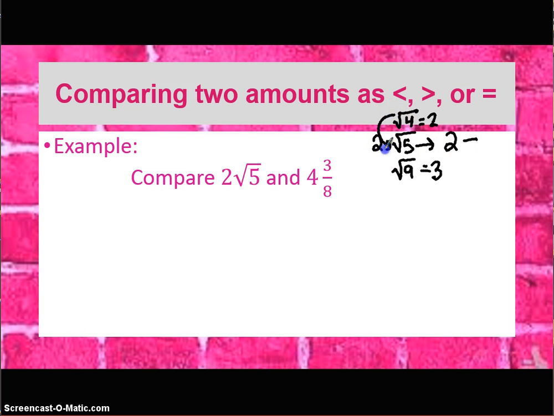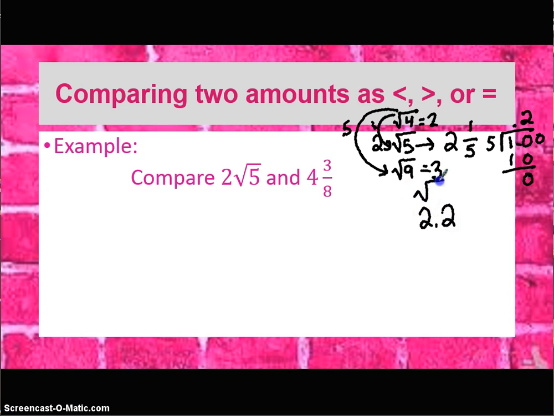4 and 5 have a difference of 1. 4 and 9 have a difference of 5. So we get 2 and 1/5. Now convert that to a decimal by dividing 5 into 1.00. 5 will not go into 1, which makes sense because here's our whole number. 5 will go into 10 2 times, which is 10. Nothing left over, nothing more that we have to bring down, so we get 0.2. So the square root of 5 is about